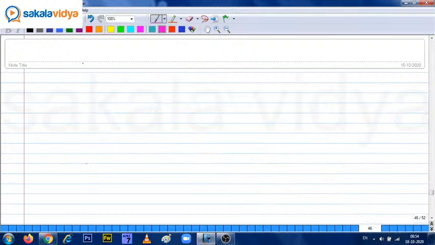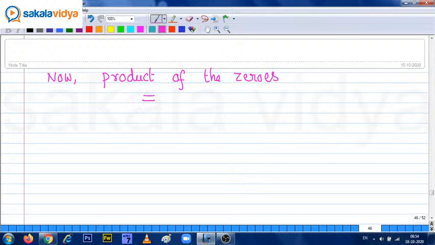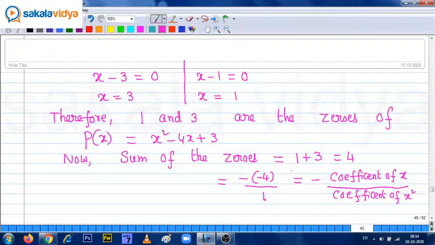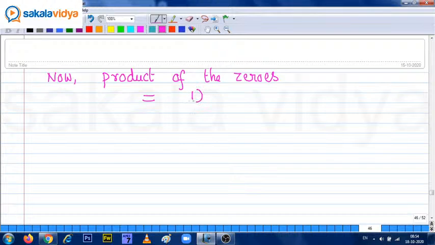Okay, next, product of the zeros. So let us find out the product of the zeros. You can try yourself also. So product of the zeros means, what are the zeros? Just we have evaluated 1, 3. So now 1 times 3